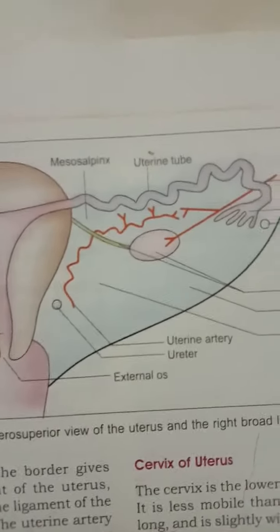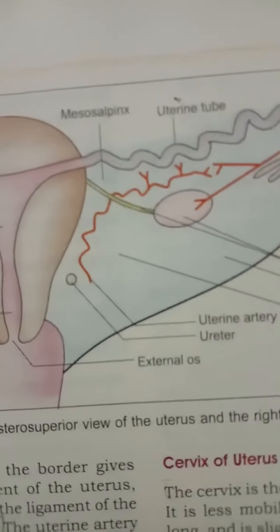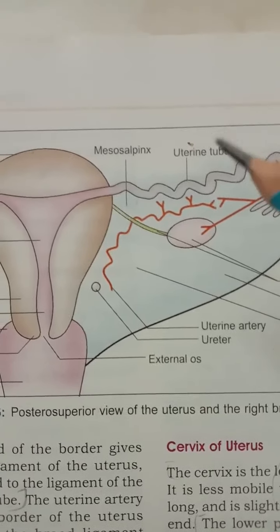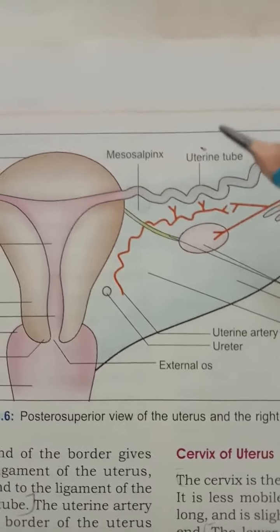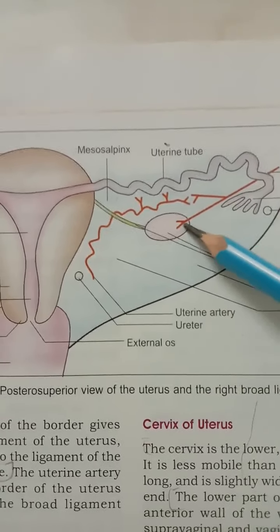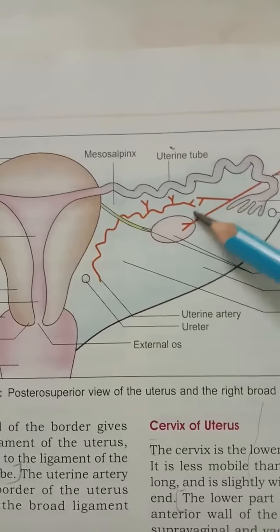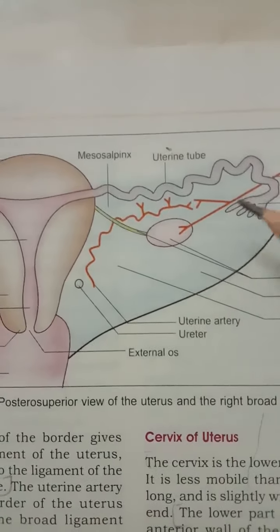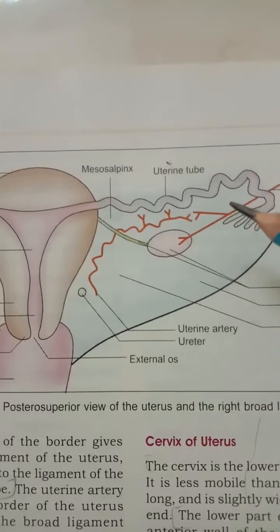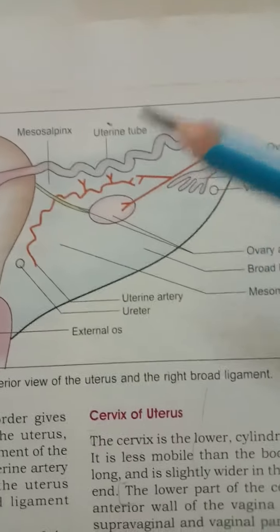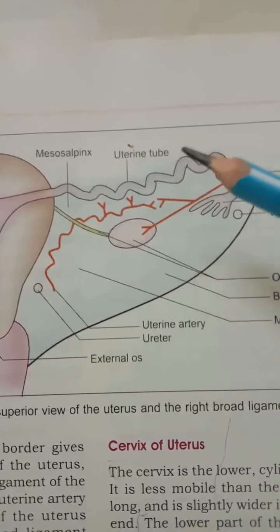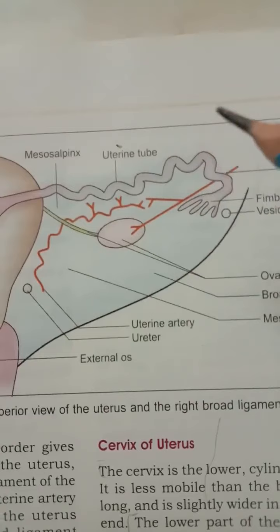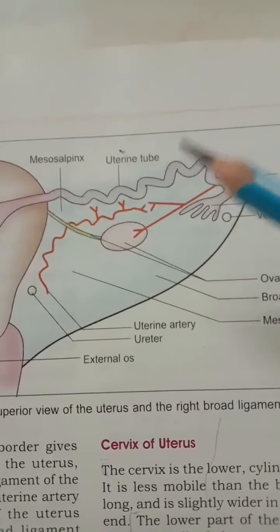The suspensory ligament is the part of the broad ligament which extends from the infundibulum of the tube and the upper pole of the ovary. From this point, it goes upwards and laterally to the lateral wall of the lesser pelvis, and it consists of the ovarian blood vessels, nerves, and lymph vessels, and it is continuous laterally over the external iliac vessels.